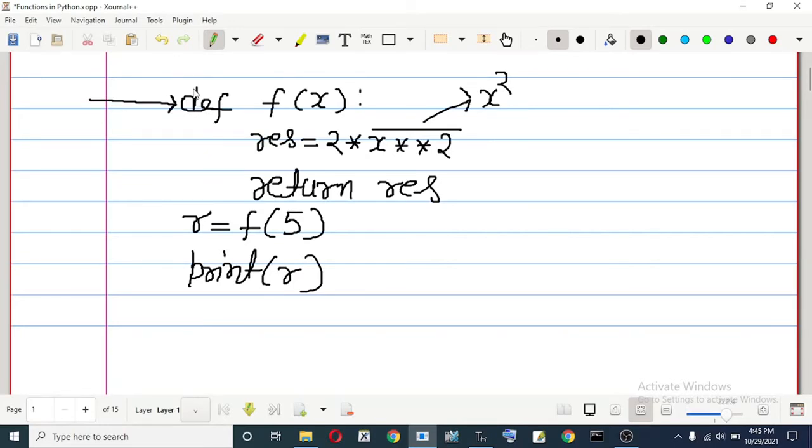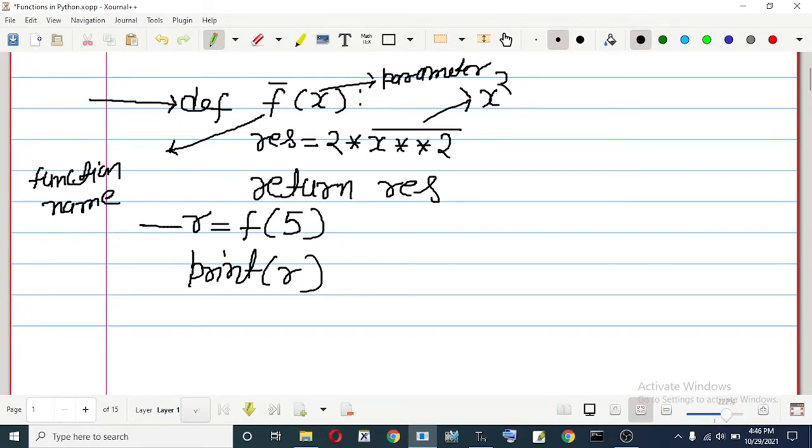Here f is the function name, you can take any name, and inside the parentheses is the parameter. After looking at this definition, the Python interpreter will move here and see that there is a function call.